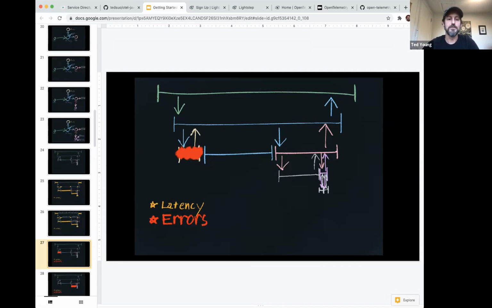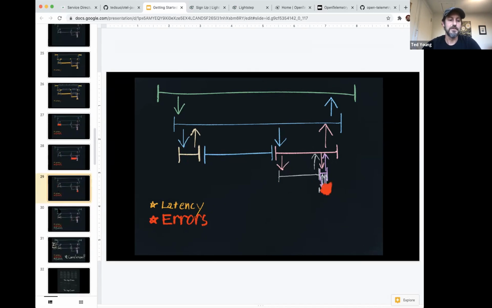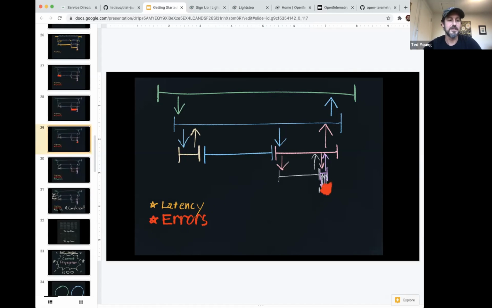So you want to know, was the error originating from the auth server? Was it originating from cloud storage? Was it originating from your SQL storage? Being able to quickly identify which service to look at is one of the great things you get out of distributed tracing. And last but not least, you want to have contextualized events.